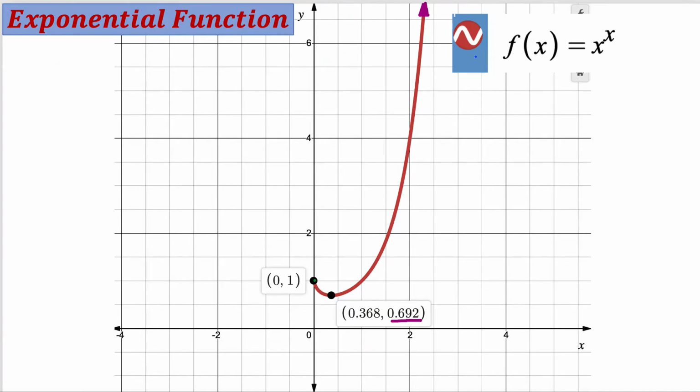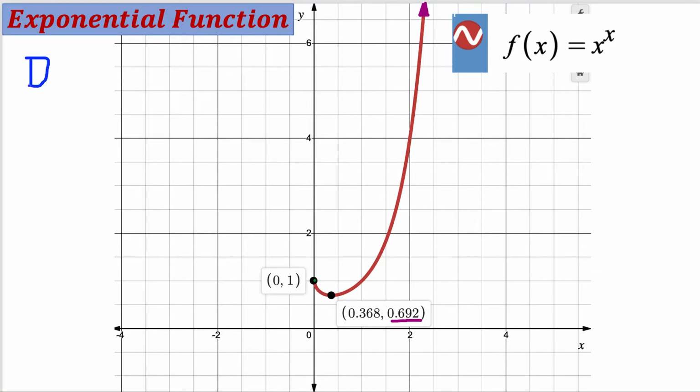Exponential function, f of x is equal to x to the exponent x. If we are plotting this function in Desmos or another graphing calculator, the graph is going to look as it does here in the picture. And the domain of the graph